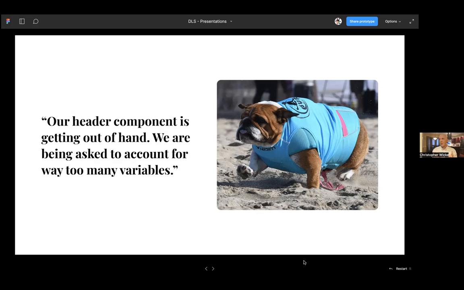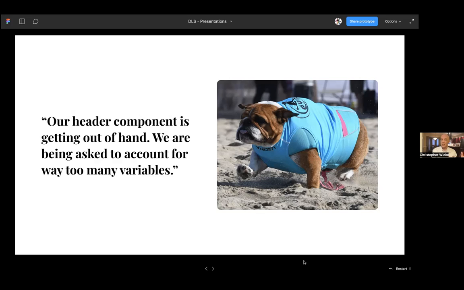What we saw with that was just every single team needed a little bit of a different thing out of the header. And so they said, hey, can you just add this option here or that option there? And it was confusing, first of all, for designers to go and look at it and say, what choices do I make if I'm building a new product? Like, what parts and pieces are required? What parts and pieces are not? Can I use this part in this way? Or is this specifically for some other use case? And there had to be a whole lot of documentation around it.